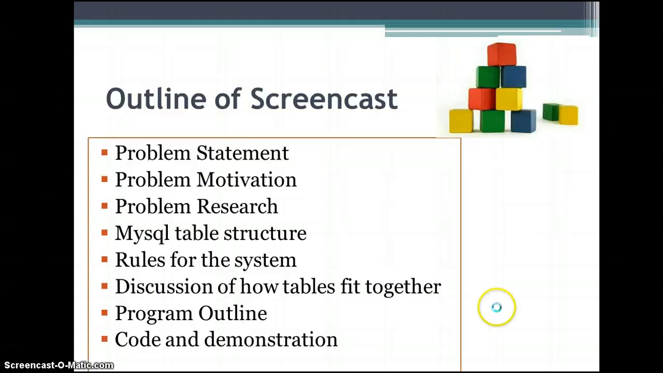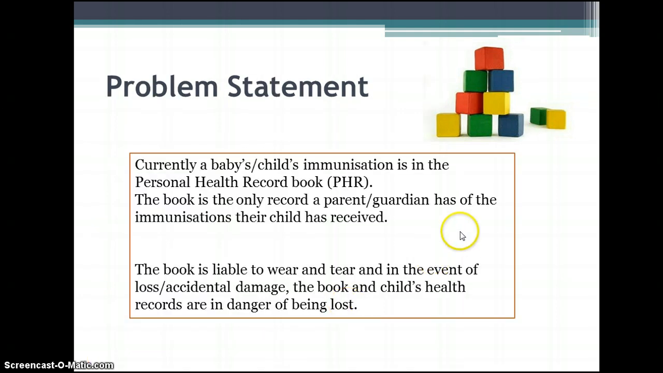I'm just going to give you an outline of the screencast. We're going to have our problem statement, our problem motivation, and we're going to talk about the problem research, MySQL table structure, rules for the system, discussion of how the tables fit together, program outline, and code and demonstration. So our problem statement is that currently a baby's and child's immunisation is recorded in the personal health record